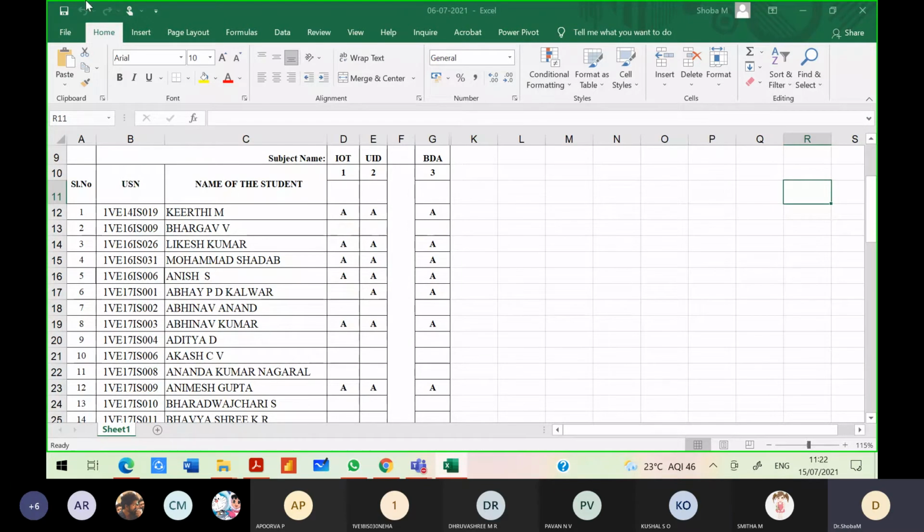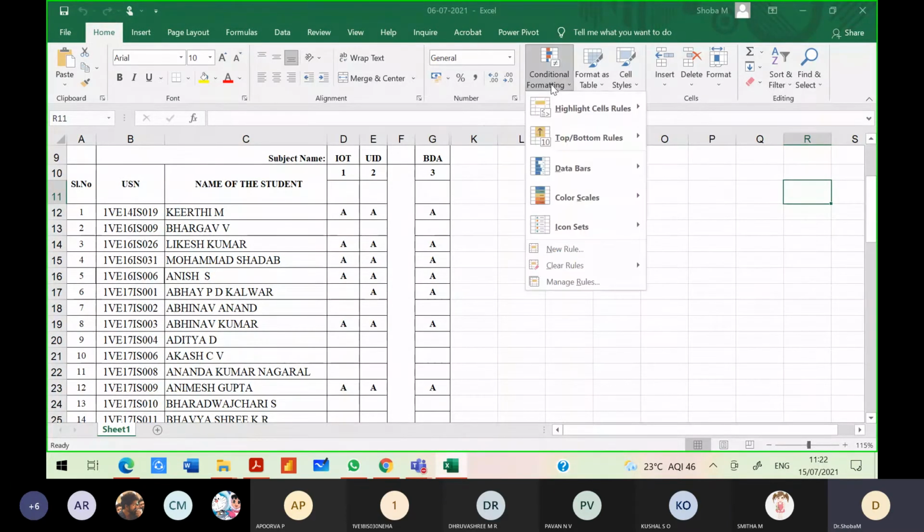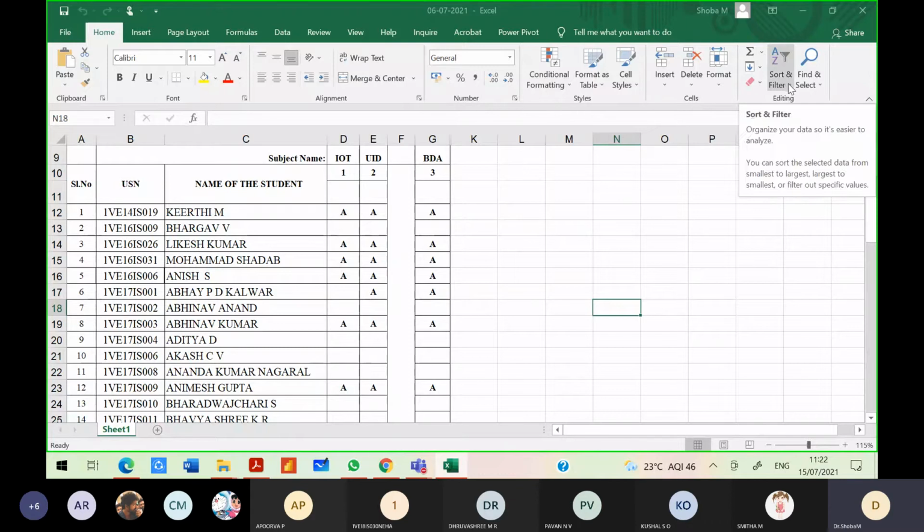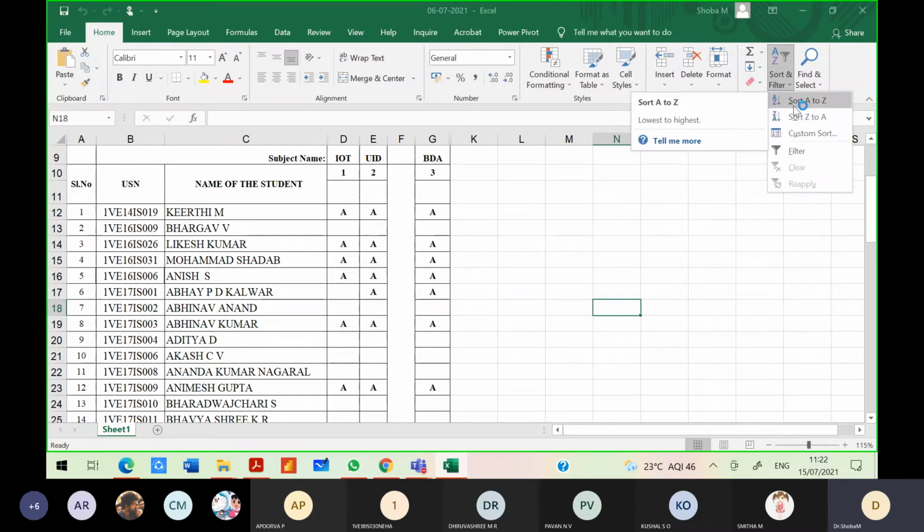So you can see here you have a lot of options available. If you want to format the cells conditionally, then you can do that. At the same time you have the option called sort and filter, where sorting can be done either from ascending to descending or descending to ascending, whichever way we want.